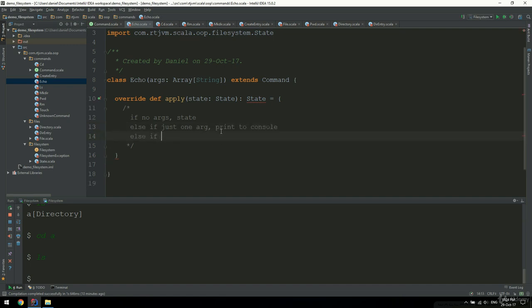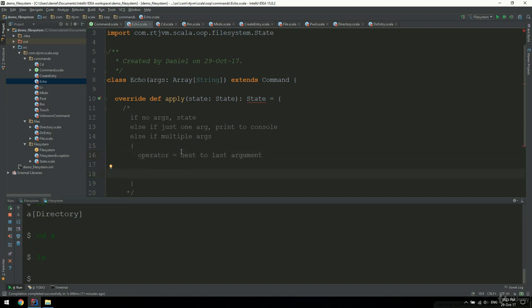Otherwise, if two args, or if multiple args, then we need to check the next to last argument if it's this guy or this guy. Okay, so the operator is the next to last argument,